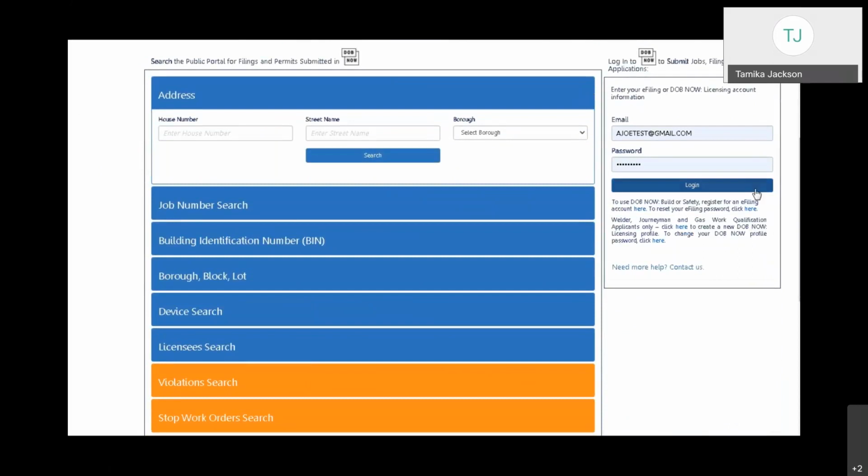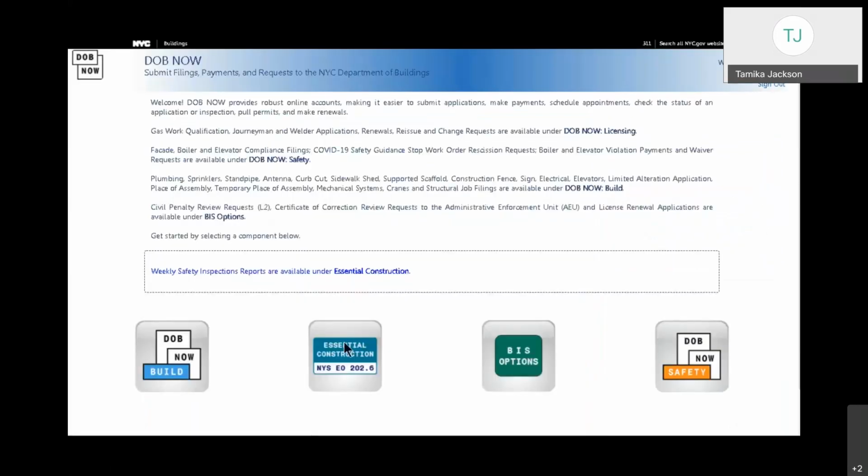So as I'm logging in as the applicant of record, I'd like to just remind you that you would only be able to file the request on the initial or subsequent filing, and you would not be able to initiate one if one is already in progress or pending on the filing. So let's begin. Now, once you're eligible to be the applicant, you could search for the job filing. So I just logged into